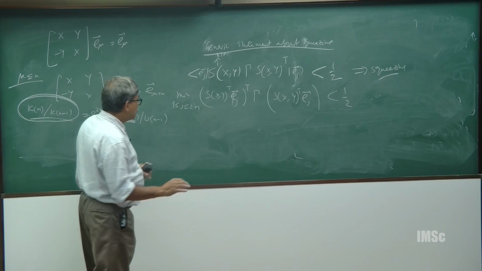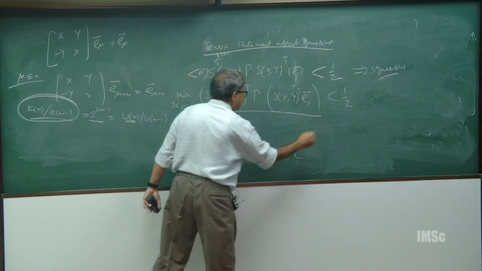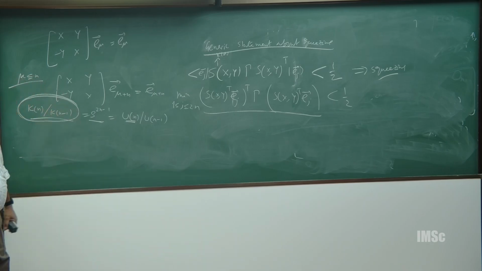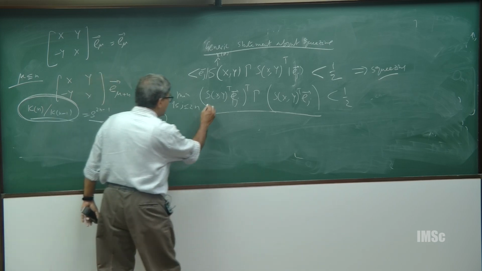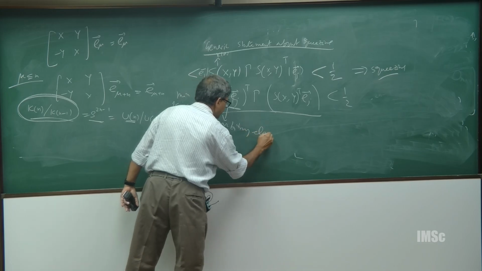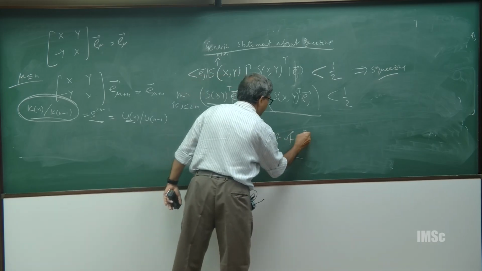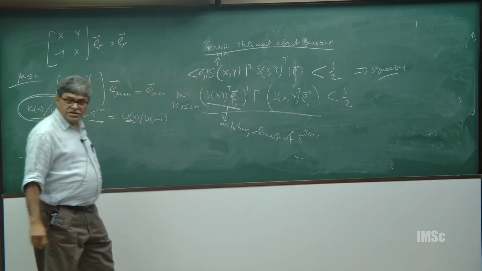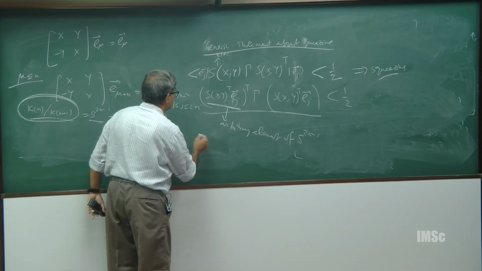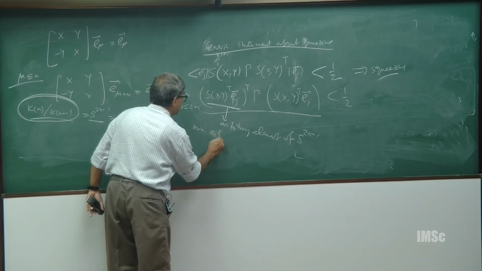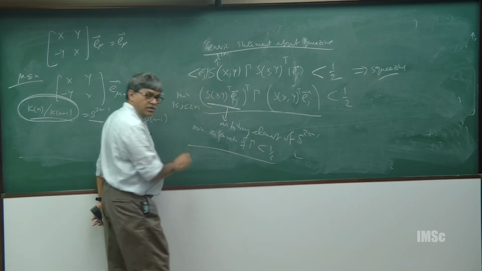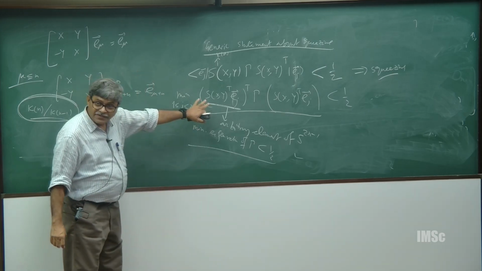So now I want to pose it as an eigenvalue problem, or minimum eigenvalue problem. In that case, this should be an arbitrary element of S^{2n-1}, right? Only then I can say that the minimum eigenvalue of gamma is less than half, right? If I can show that this is the case,